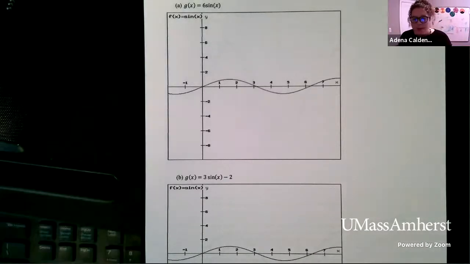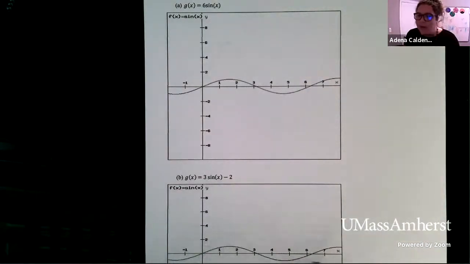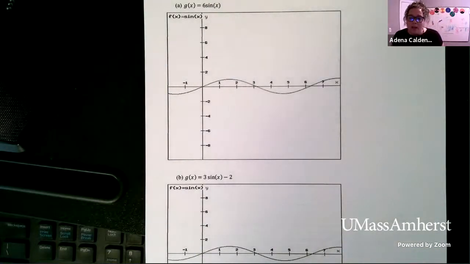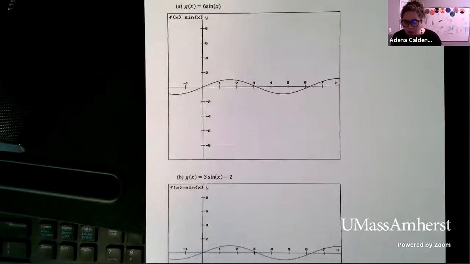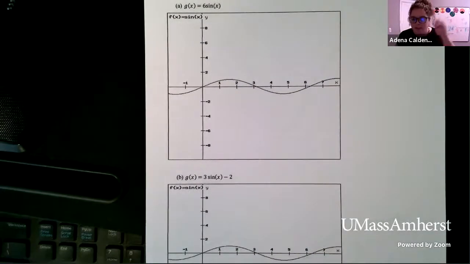So think about how that's going to change the graph and draw the new graph on the same axes as the sine graph, okay? So try it out. If you have a graphing calculator, you can also check your solution by graphing sine and the new function on the same axes to make sure that they're the same. I'm going to give you about 3 minutes to try it out, see if you can get those graphed, and then we'll look at them together.